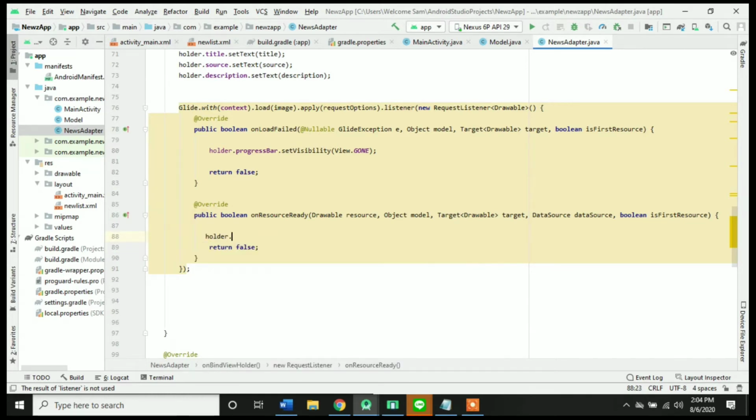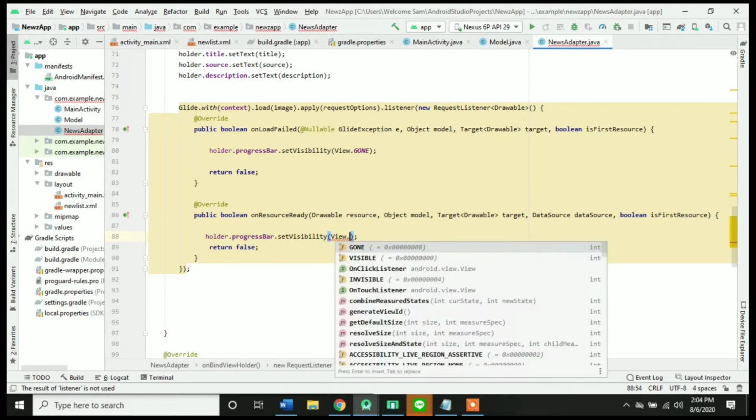Folder dot progress bar dot set visibility dot gone,